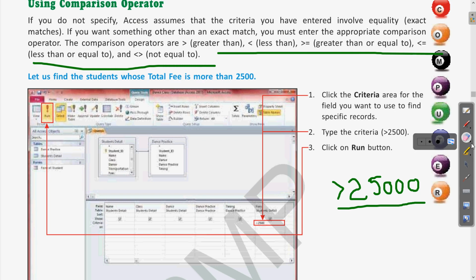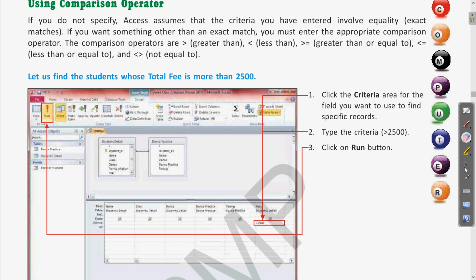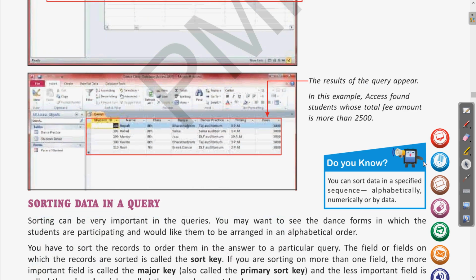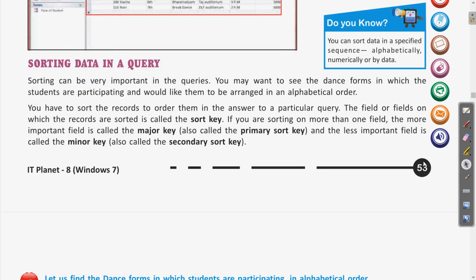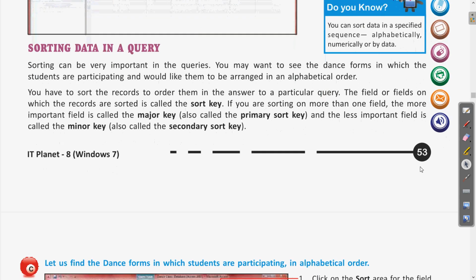Then let us erase this. Then we have seen how to sort the data in a query. For that we have seen the primary sort key and the secondary sort key. The primary sort key is the first choice for sorting, and the secondary sort key is the second key for sorting. They are also called major and minor keys.